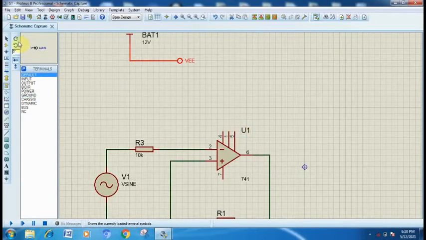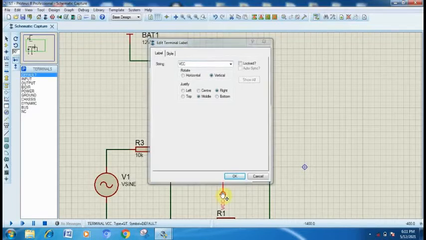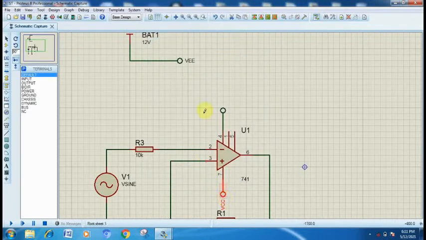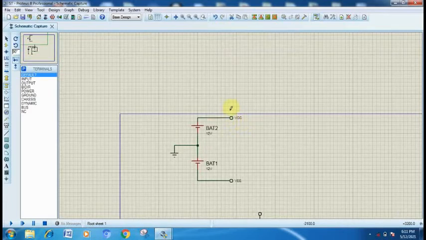Take one default terminal, place it here at the 4 number terminal of the IC and one here. The 7 number pin will take plus VCC supply, so we will write here VCC so that this VCC is virtually connected to this VCC of plus 12 volt.